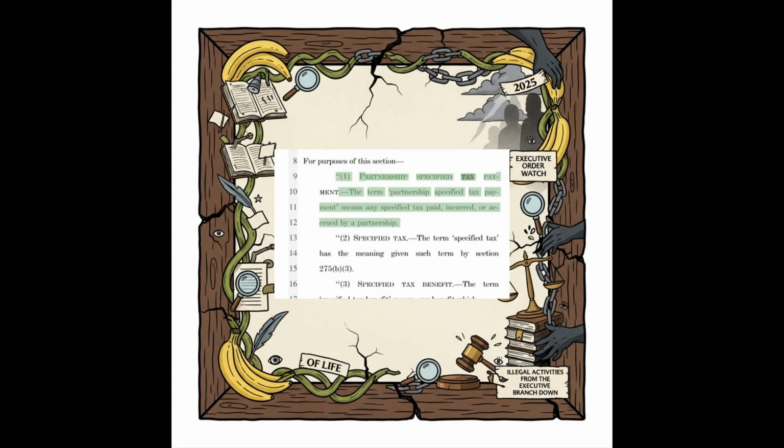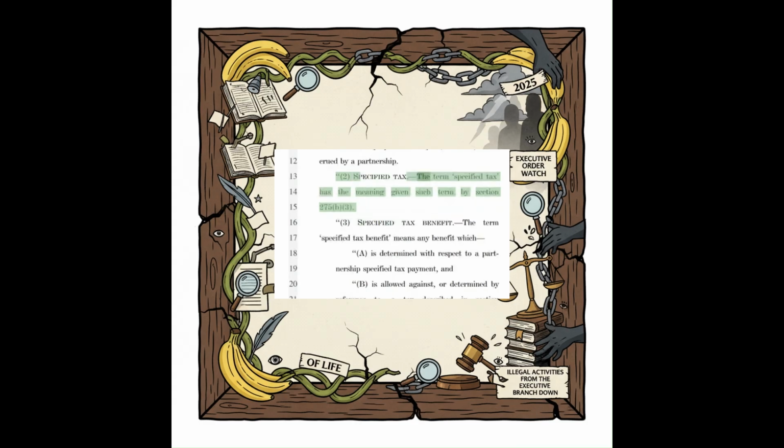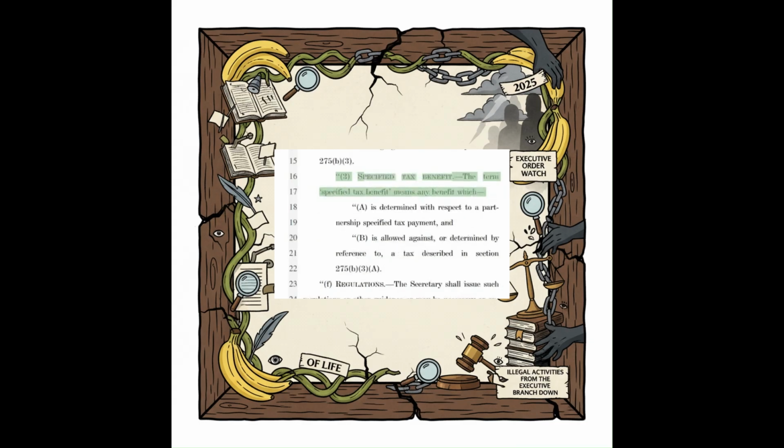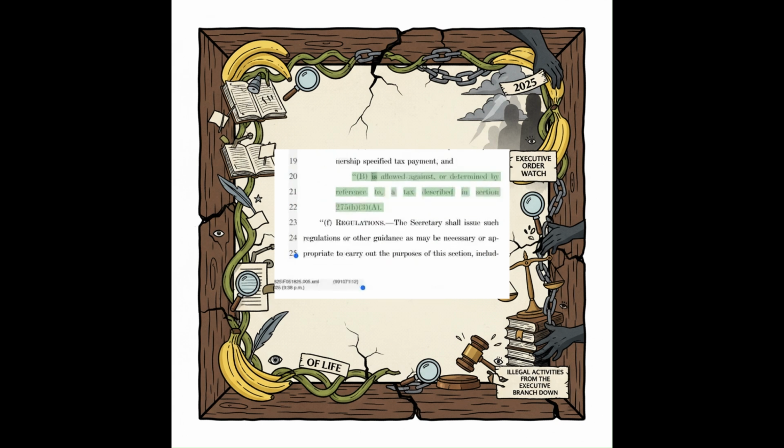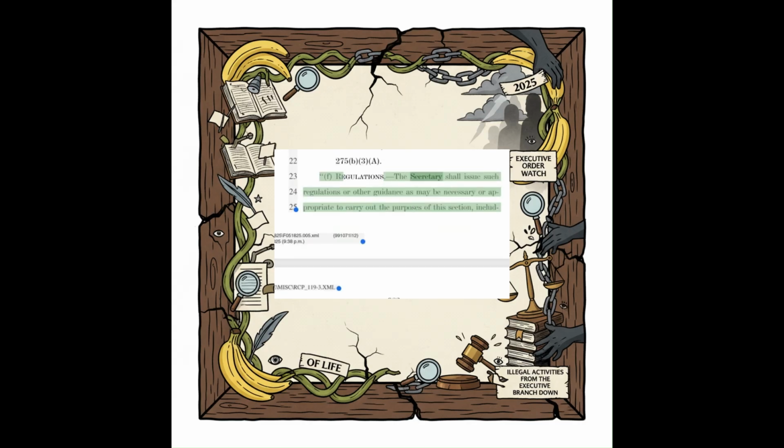Partnership specified tax payment. The term partnership specified tax payment means any specified tax paid, incurred, or accrued by a partnership. The term specified tax has the meaning given such term by Section 275. Specified tax benefit. The term specified tax benefit means any benefit as determined with respect to a partnership specified tax payment and is allowed against or determined by reference to a tax described in Section 275. The Secretary shall issue such regulations or other guidance as may be necessary or appropriate to carry out the purposes of this section, including